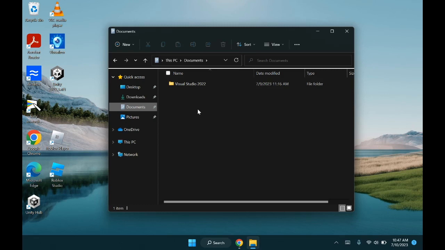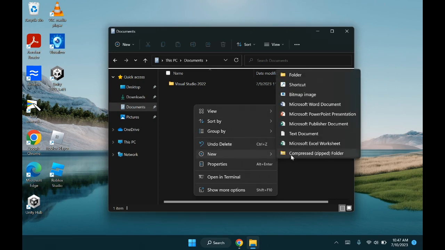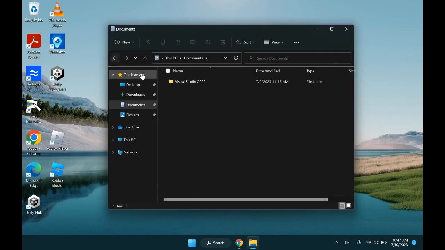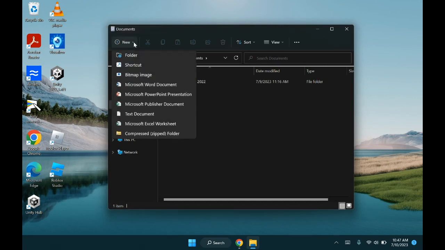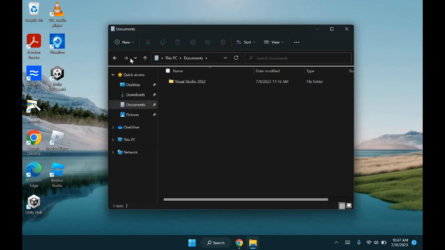Depending on your version, normally you can right-click with your mouse and create a new folder, or somewhere in this upper left-hand corner is a button for creating new. In this case, we have a New button with a little drop-down arrow, and I can create different new folders or applications right away here. Now, the very top one is a folder. I'm going to make a folder for Unity